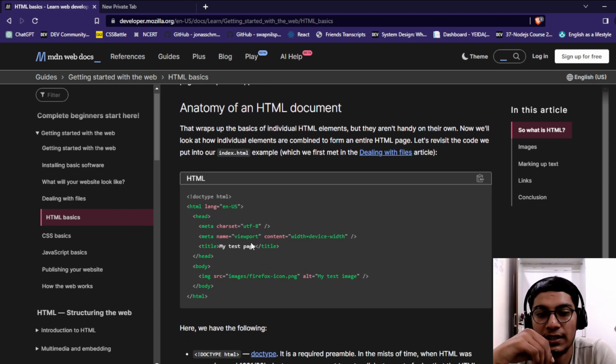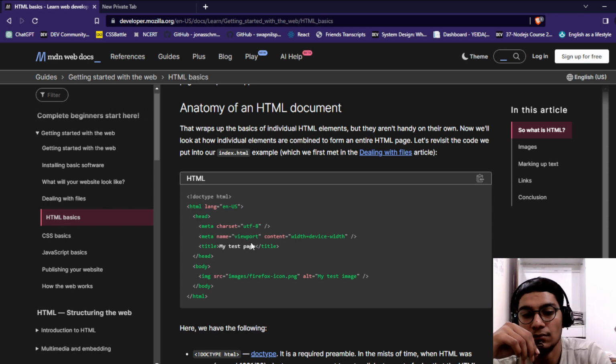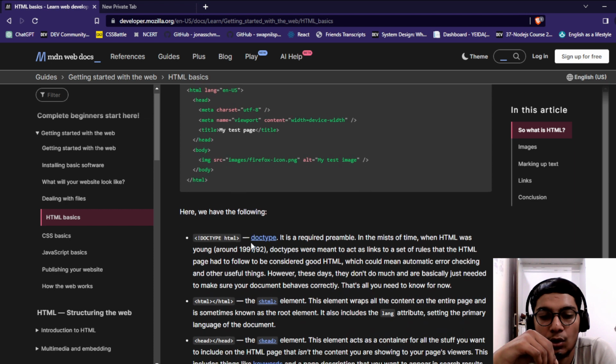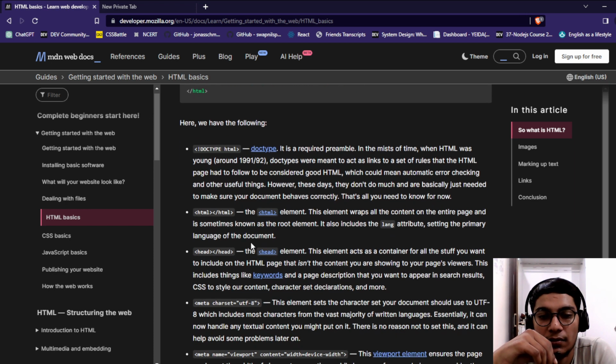Anatomy of an HTML document. That wraps up the basic individual elements, but they aren't handy on their own. Now we'll look at how individual elements are combined to form an entire HTML page. Let's revisit the code put into our index.html. Anatomy of the HTML doctype. Basically, it's